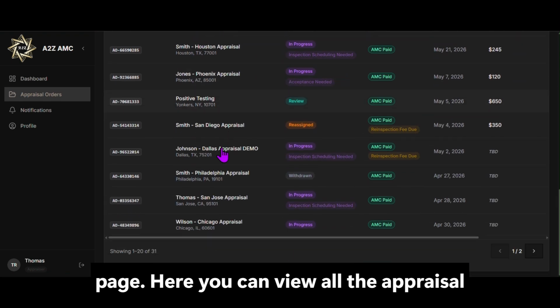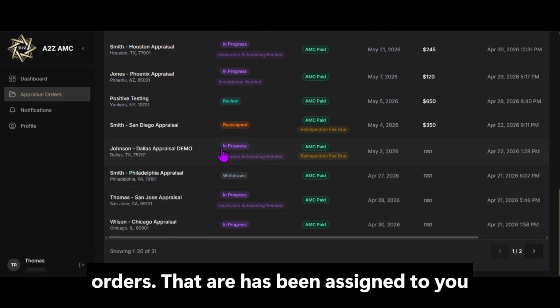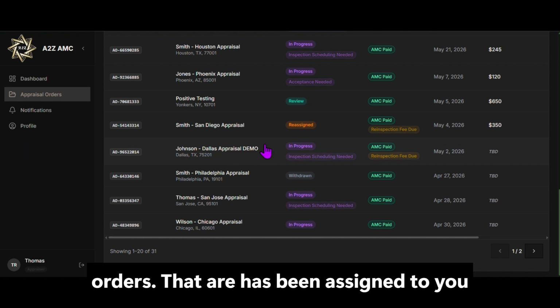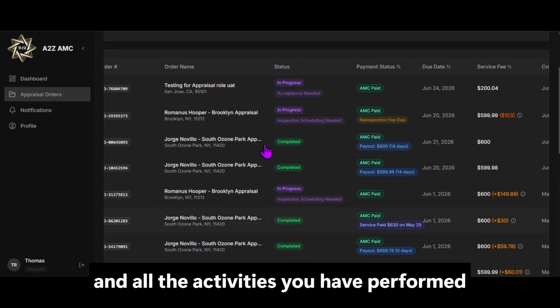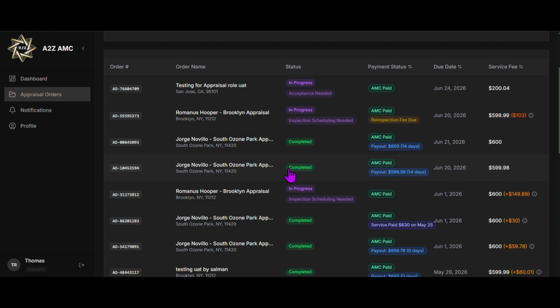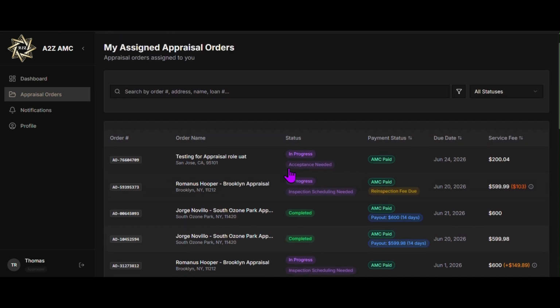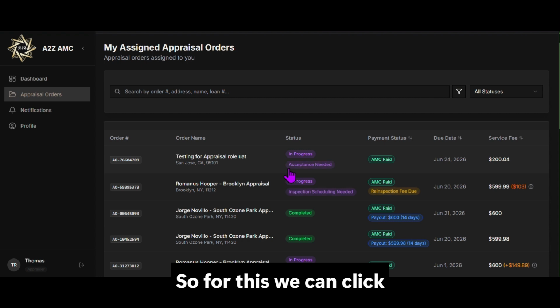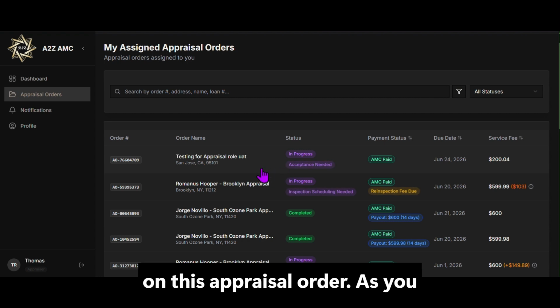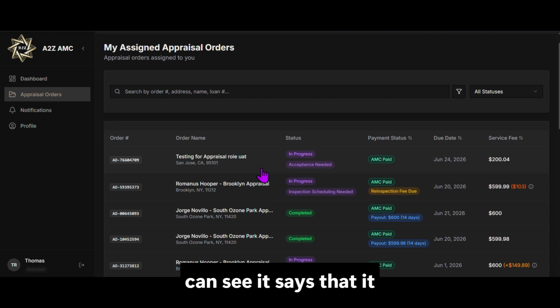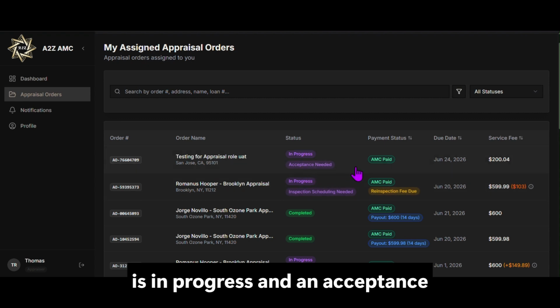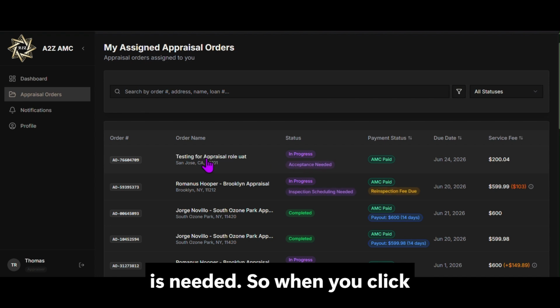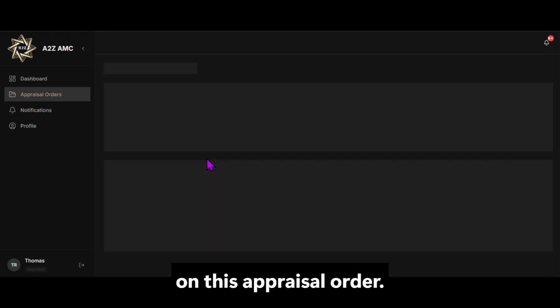Here you can view all the appraisal orders that have been assigned to you and all the activities you have performed on these specific appraisal orders. For this, we can click on this appraisal order. As you can see, it says that it is in progress and an acceptance is needed. So when you click on this appraisal order,